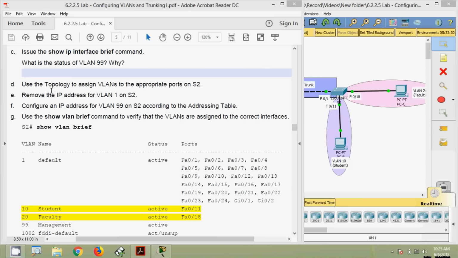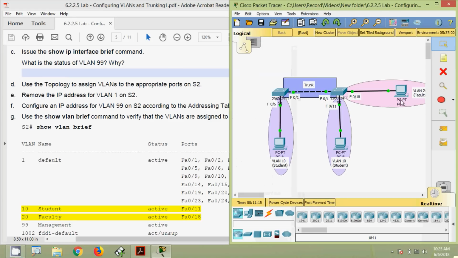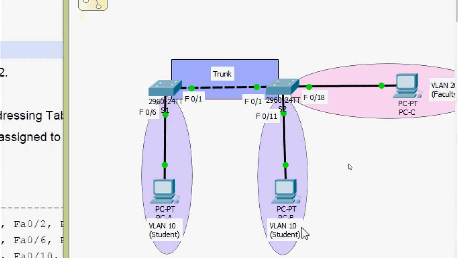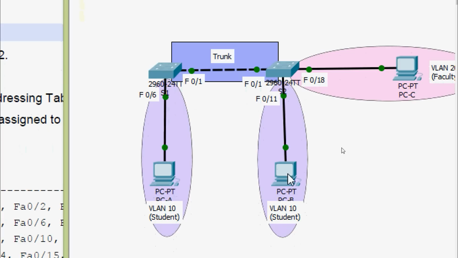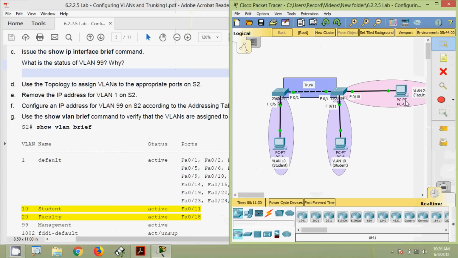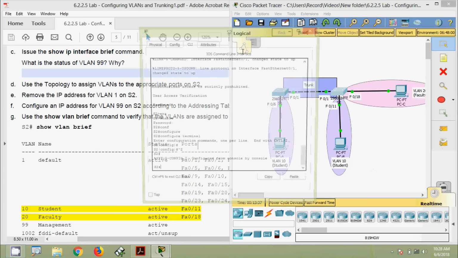Coming to D, use the topology to assign VLANs to the appropriate ports on S2. Coming to the switch S2, here we can see the used ports. Fast Ethernet 0/11, we have to assign to VLAN 10. Also we can see fast Ethernet 0/18, we have to assign to VLAN 20. Coming to the switch S2,